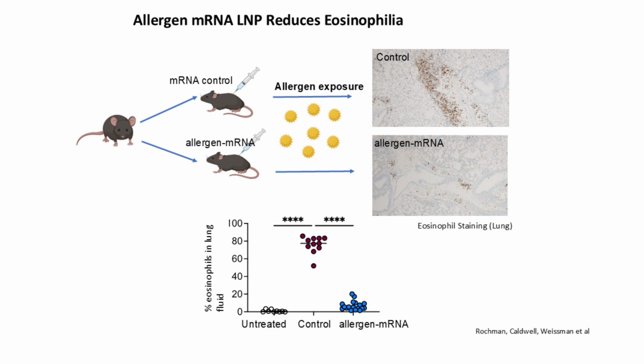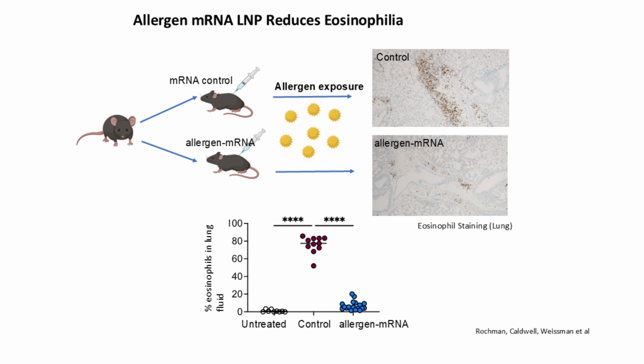This is data showing you that this is a very potent way of re-educating the immune system. This is a healthy mouse. This is a mouse with allergic disease that has gotten a control vaccine. And these are mice that have the vaccine. And you can see they develop antibodies against the allergen. And it's not the IgE that they develop, but an IgG, which we think is very critical for potentially neutralizing the allergen. We can shut down the cells that are making the type 2 cytokines like IL-5 and IL-13. And indeed, the mRNA vaccine is very effective at lowering the level of the Th2 cell.